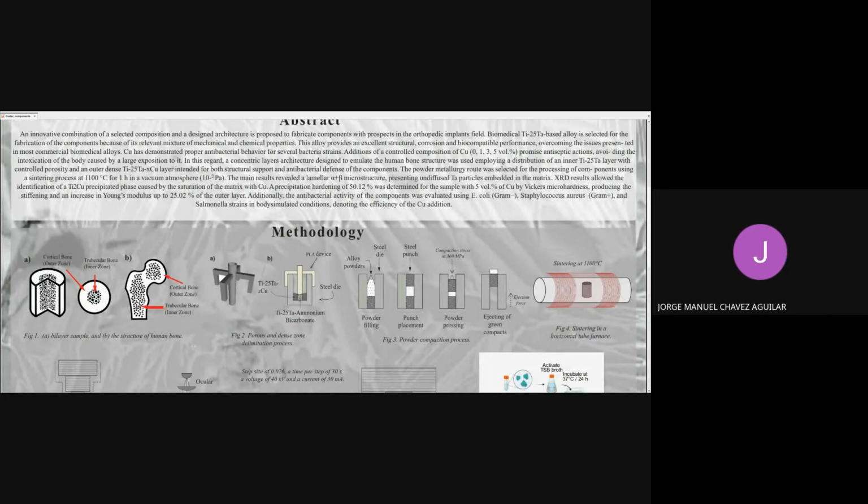In this work, we try to emulate the human bone structure, which is composed of a trabecular zone, which is relatively porous, and also an outer layer with higher density, which is named cortical bone. This layer provides the bone with structural resistance. So we try to emulate this configuration using a porous zone as an inner layer in